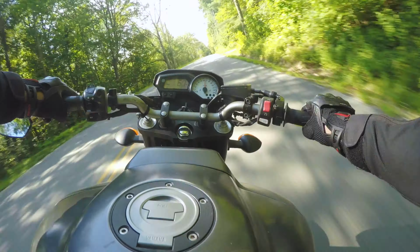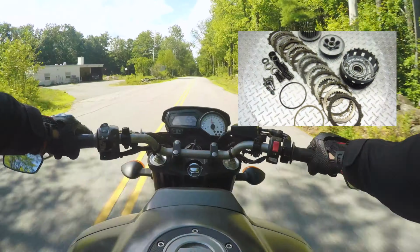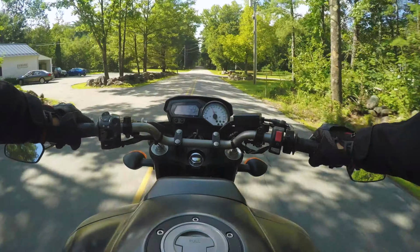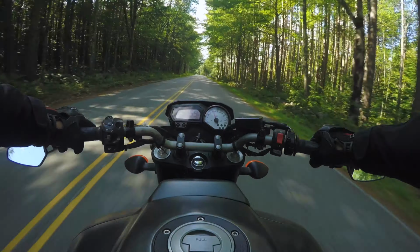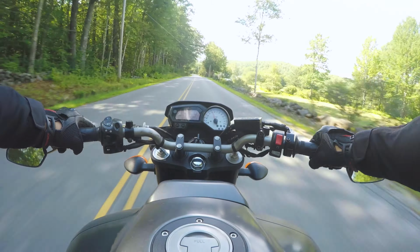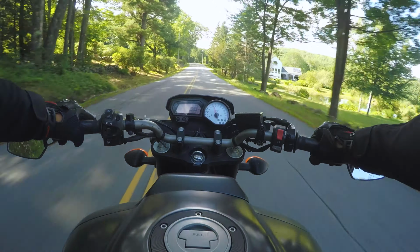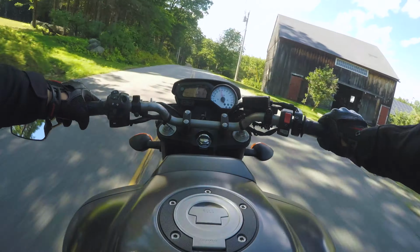24,000 miles in, I have my first problem with the bike. The clutch basket, if you don't know, holds all the clutch plates in. I'll put a picture of it up here. The clutch plates have worn through the clutch basket. Not worn through, but have worn enough of it away that